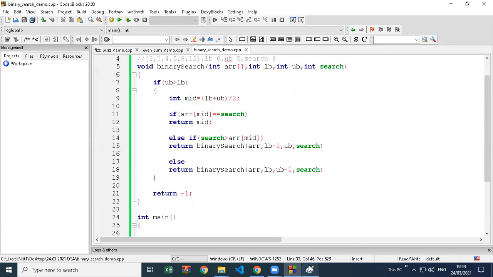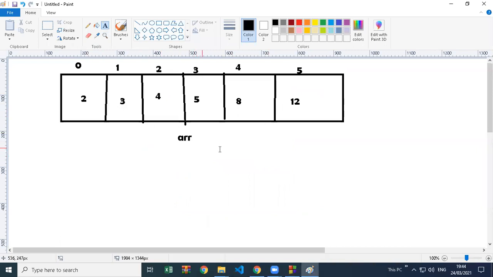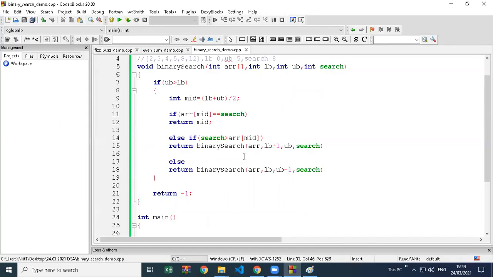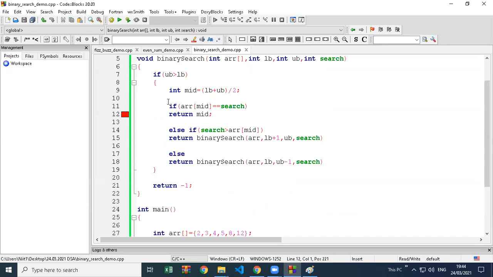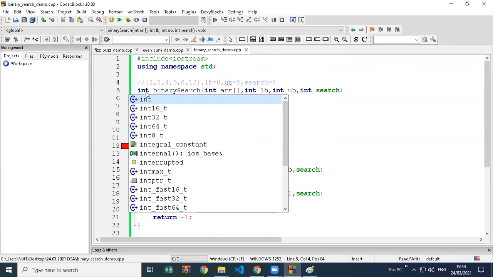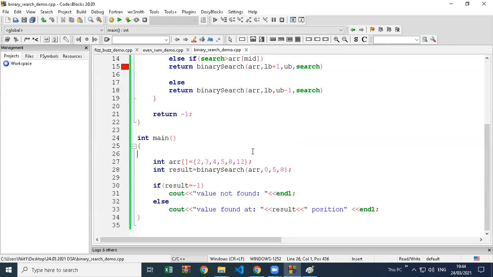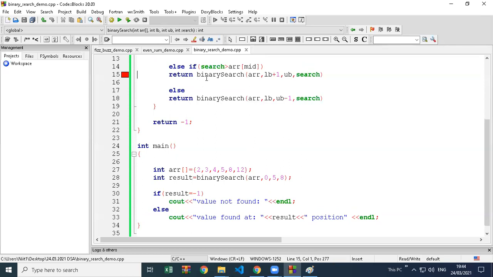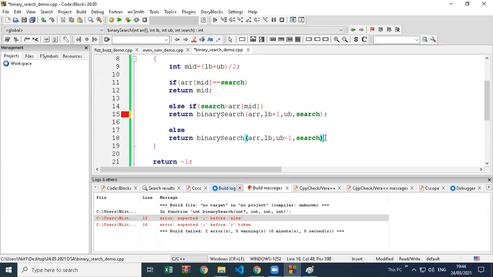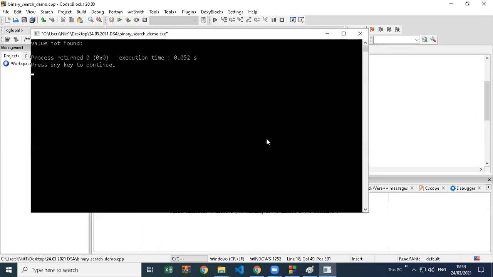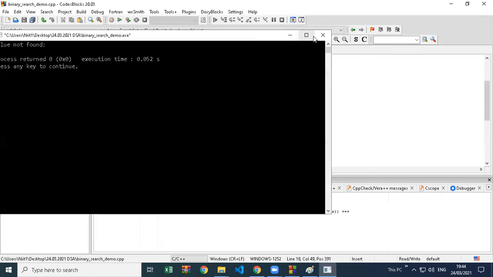Yeah, so according to the logic we have seen here, that middle, upper, total, and then find, otherwise go right side, left side. So it looks proper. Let me just check whether it is working. I'm searching for 8 value now. So we'll see the code also, but let me just check if the code is working. So I'm running the code now. What is the error? Let me check. Oh, semicolon. Silly mistake. Semicolons are missing. Here everywhere semicolons are added now. So it is showing value not found. Something is wrong.